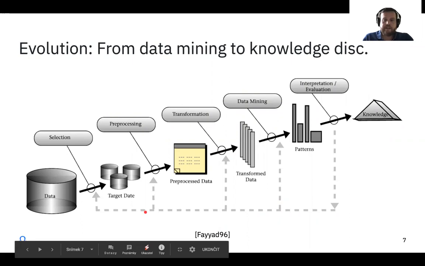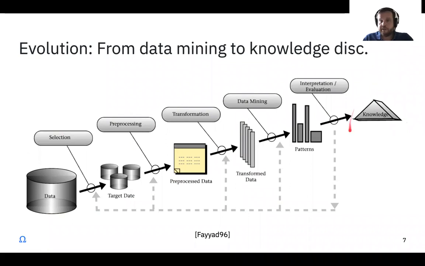There they have already started going from the, let's say, native properties of data analysis. So data, target data, pre-processed data, transformed data, patterns, which are all present in the data, to something human, which is knowledge, right? So they have added this interpretation and evaluation step to the patterns, like formally in a machine